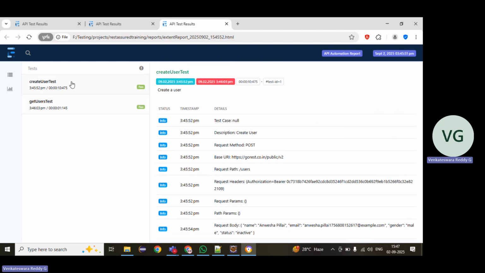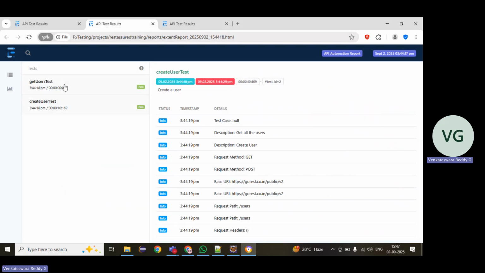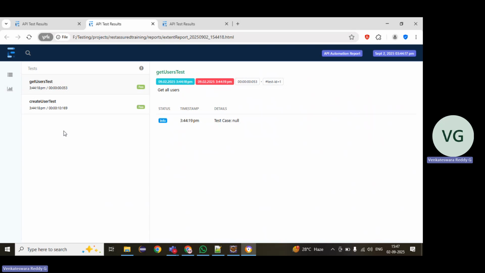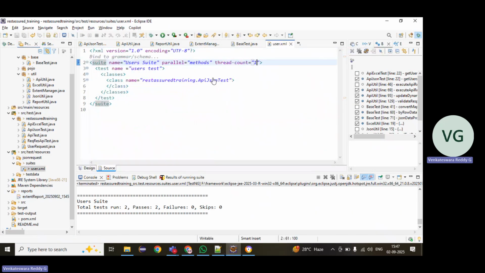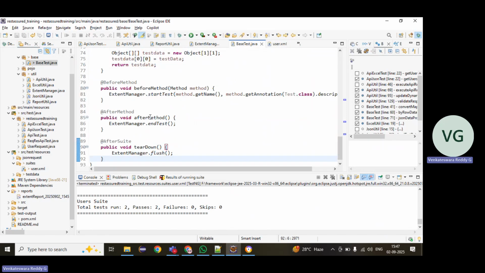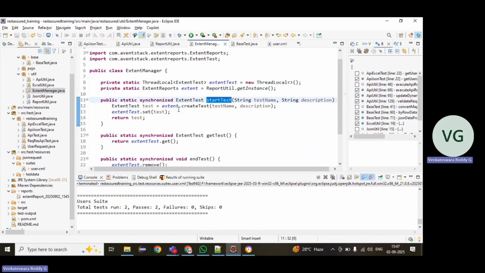Right. If you run sequentially, there is no issue. If you run in parallel only, it is combining. Because why? Maybe the extent test object is created only once. Where have we created the extent test object? We created it in the before method, where we start the extent test object. I think we called this one. I'll get a test in the